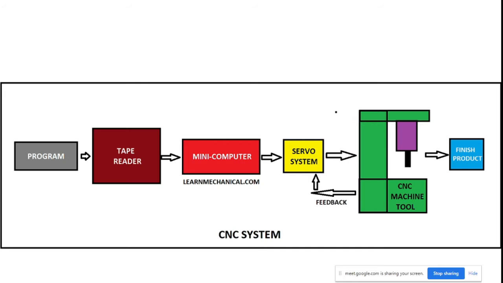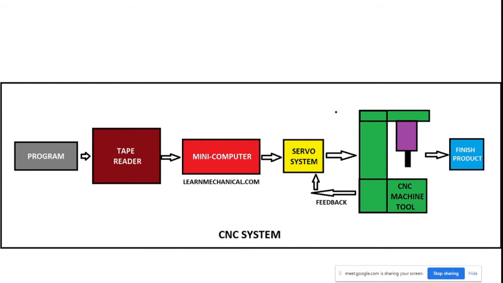After generating the program, we may go for the tape reader. In previous discussions I also told about what a tape reader is, how we can write the program on tape, and how we can convert a binary number to a decimal number. Likewise, with the absence of holes and the presence of holes, the machine can read the program from the tape.